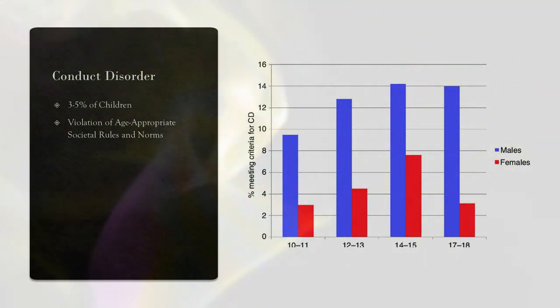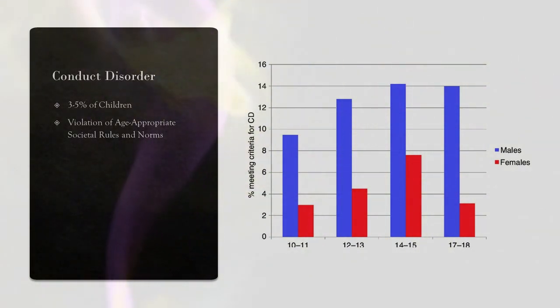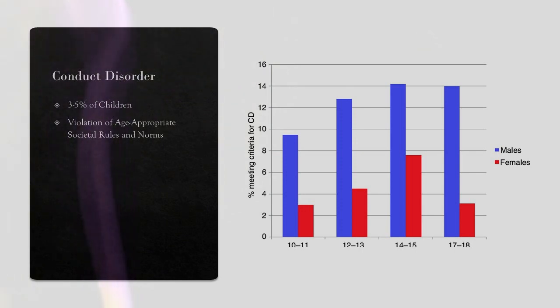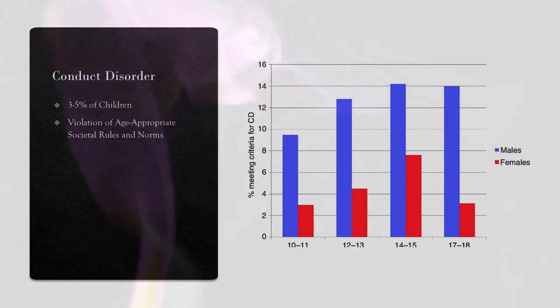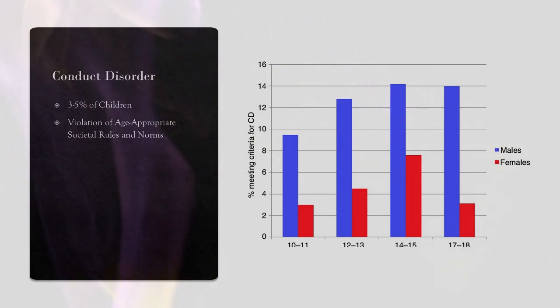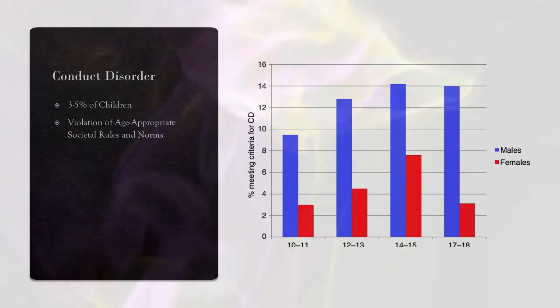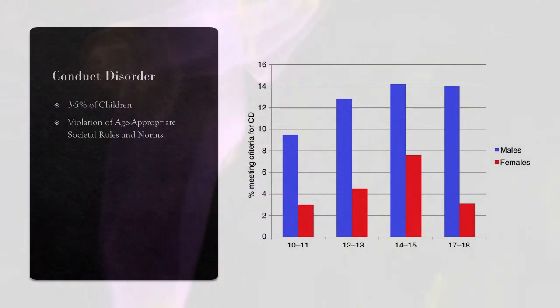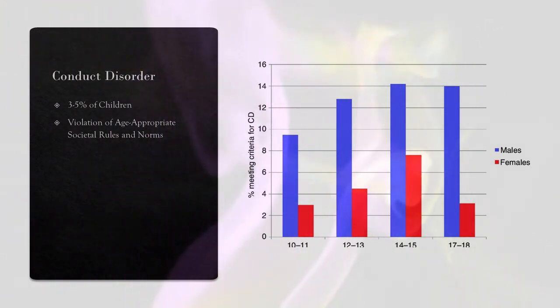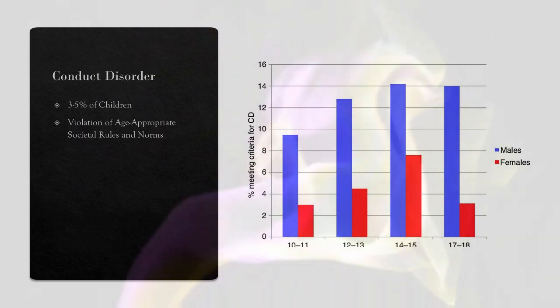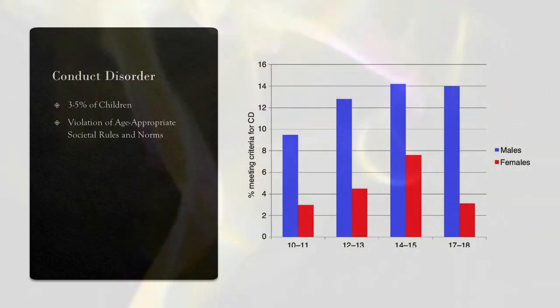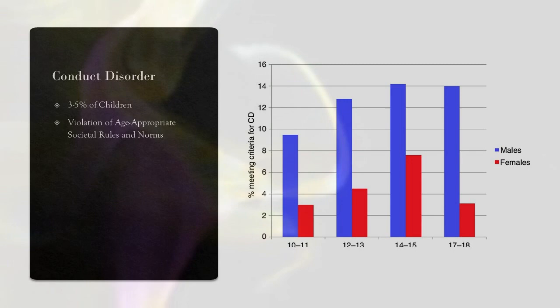Now, when we look at the prevalence of conduct disorder, it's essential to recognize its public health impact. The disorder typically emerges in childhood or adolescence, with symptoms often becoming more apparent during the preteen and early teenage years. Prevalence rates can vary across different populations and cultures, but research consistently indicates that conduct disorder is more common in males than females.